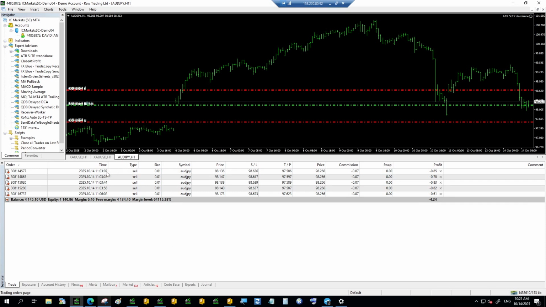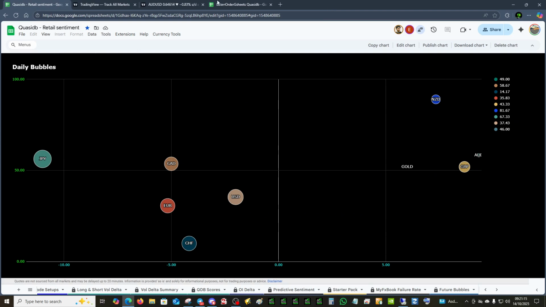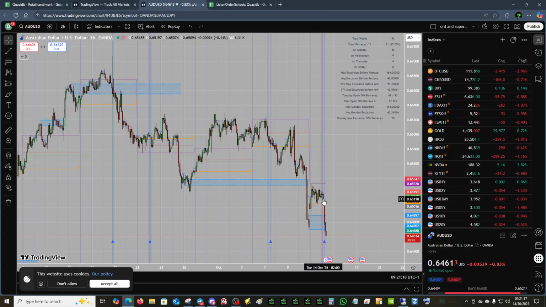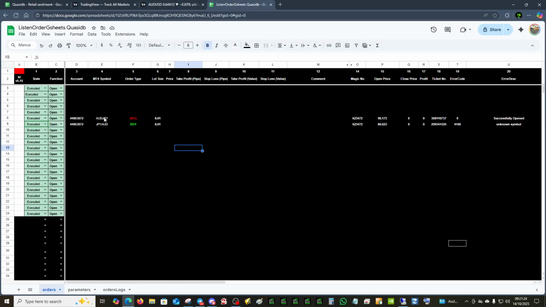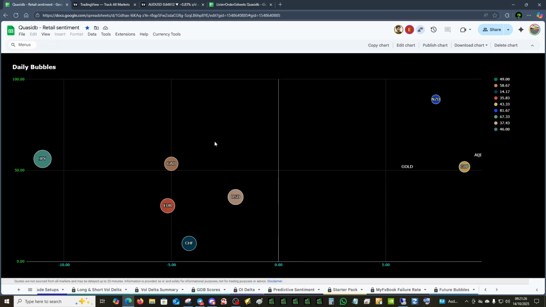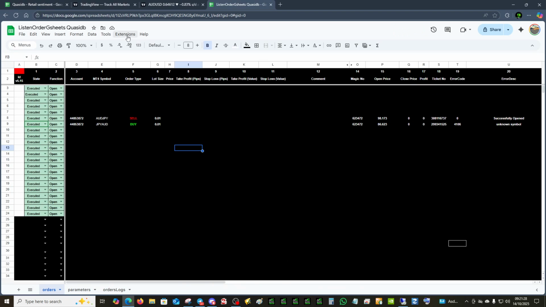Obviously these were done too late because I'm just testing the connectivity. See the time, 11 o'clock in the morning. We wouldn't have done it at 11. We would have captured it at 2 o'clock in the morning. However, this new idea is quite new in so much that we're going to trade the bubble deviation the moment it happens. So if we come to the macros,